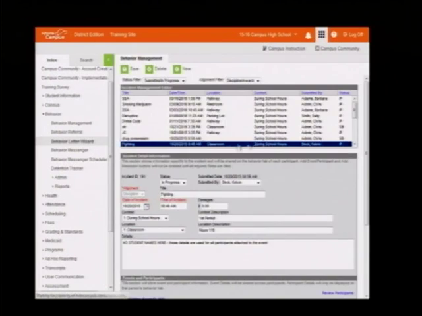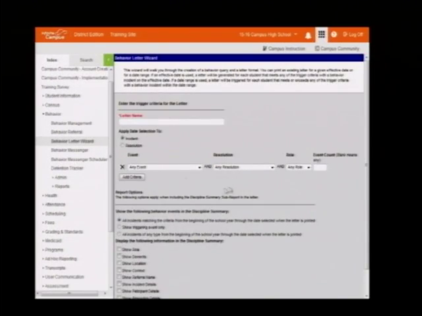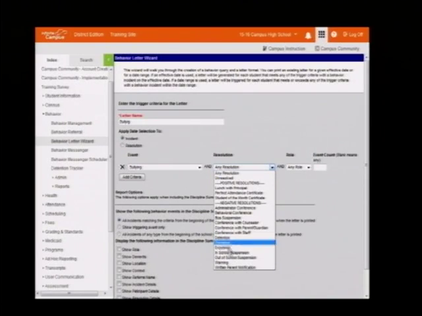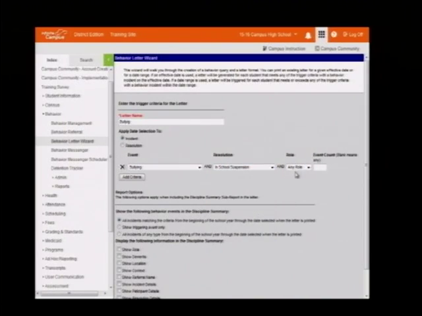Once you have those kind of triggering events, we can go here and actually have a letter for that bullying event. And if it was an in-school suspension and this person was the offender or a participant, this means that we can use the data in the system to generate a letter to say, if this happens, send a letter home. Okay? We can also do this by email as well. Okay, but I think right now you'll be starting with the letters, and then the letters you can just print them out, put them in an envelope, and mail them home.